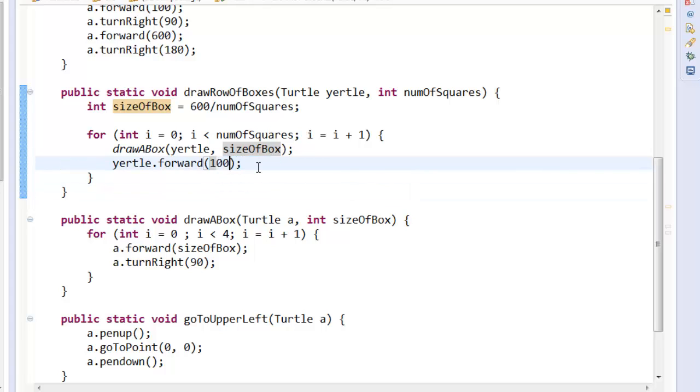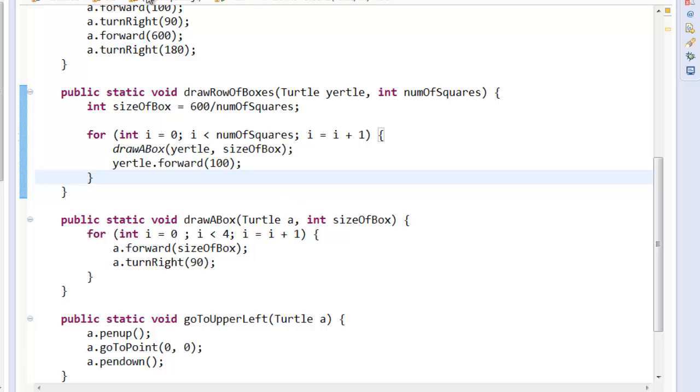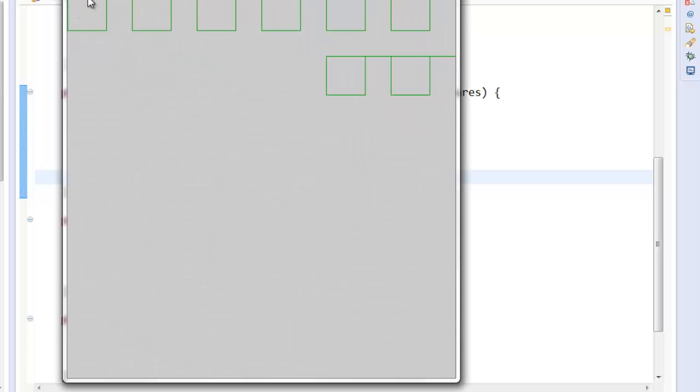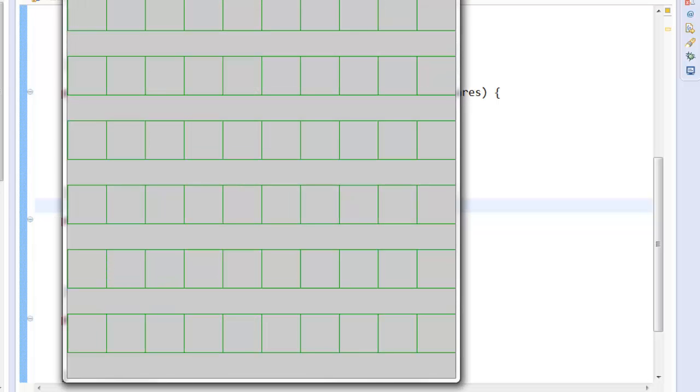Let's actually look and see what it looks like if I don't do that. If I don't do that, yeah, look, see, I'm drawing a box, but then there's this extra gap here, and then this is all off for some reason. So that makes sense, because if each box is only 60 long, but I'm going forward by 100, when I draw my next box, it's going to be spaced over a little bit. So let's make this one size of box also. And so it's still not quite right. It looks like I'm successfully drawing 10 boxes in this direction,